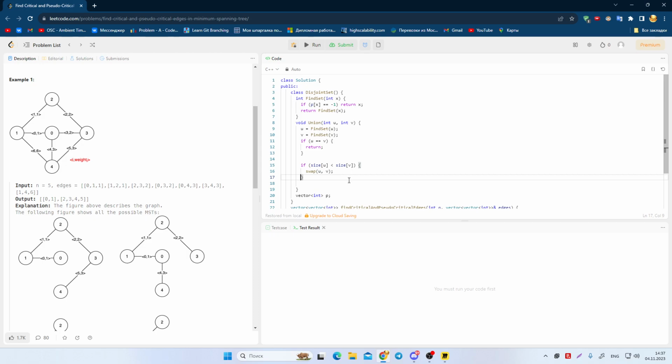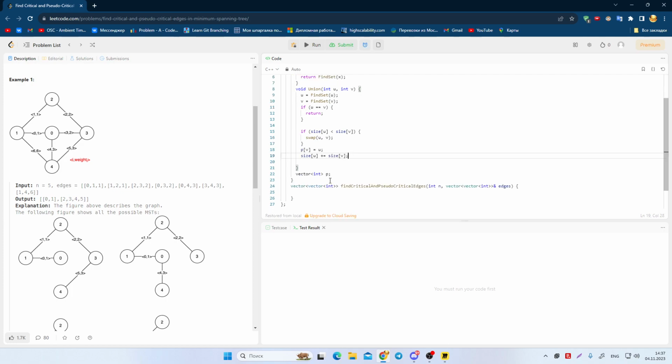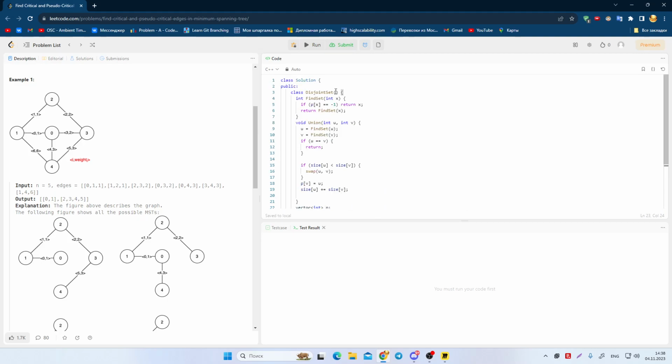Other case we just declare parent and increase our size. For the constructor, we